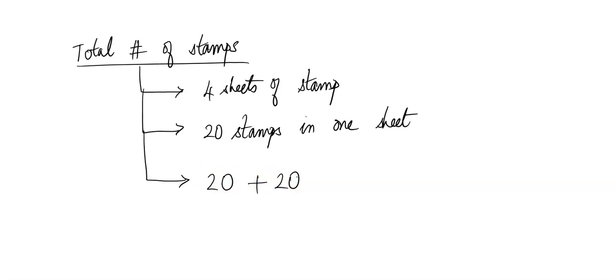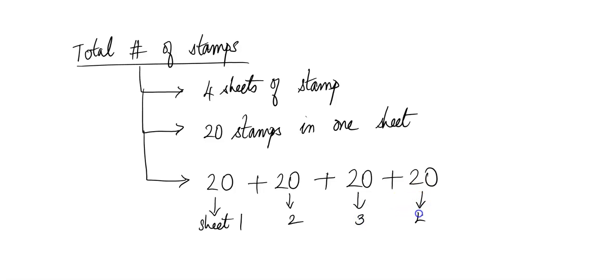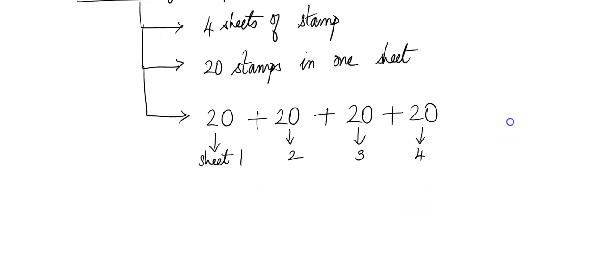So the total is indirectly helping us because this is what you're doing. This is sheet 1, sheet 2, sheet 3, and sheet 4. This is addition, but you know what multiplication does, right? It does quick addition of repeated numbers, is what multiplication is. So you simply do 4 times 20,